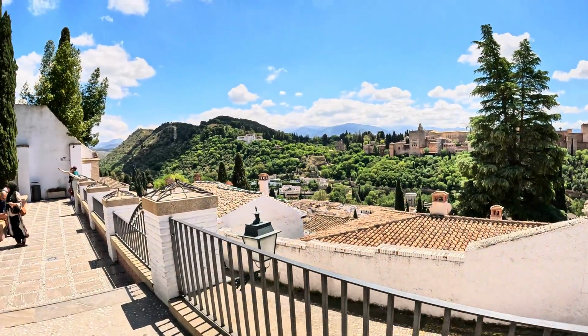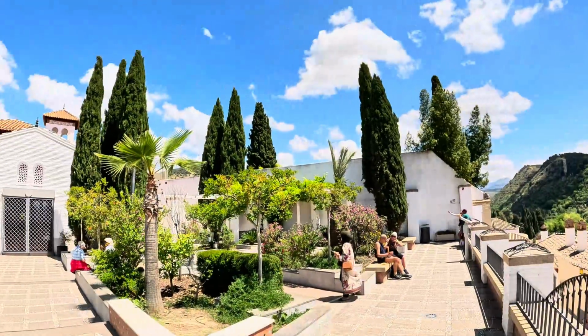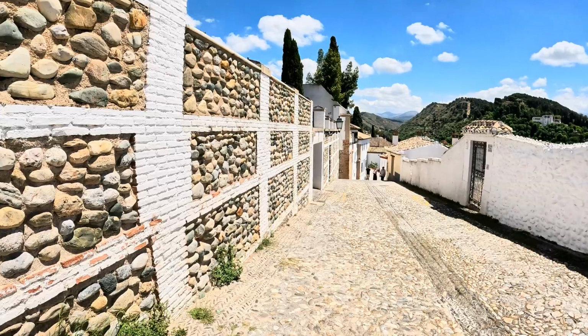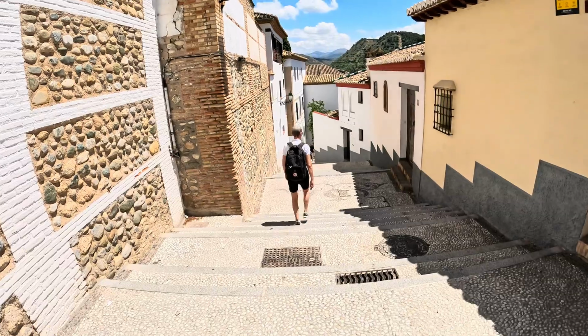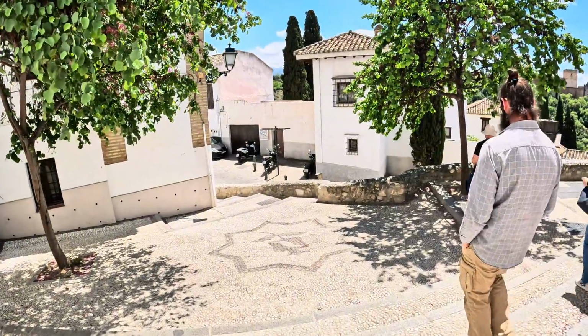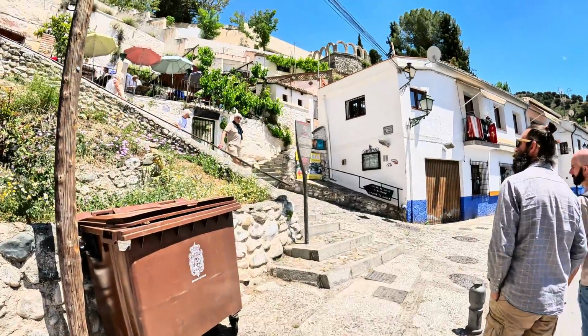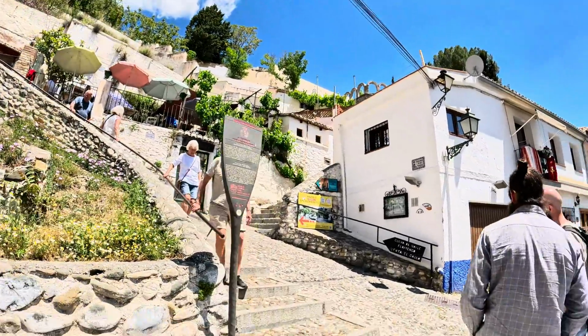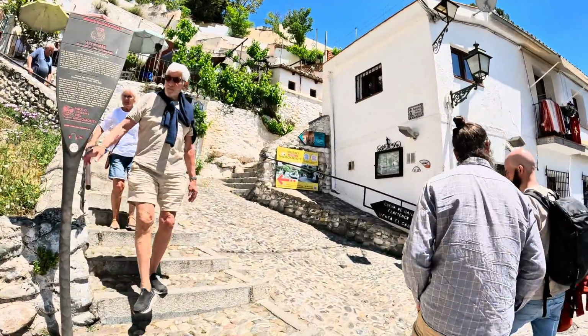Peaceful, beautiful. Alright, let's walk uphill. Didn't know we had to do all this, but